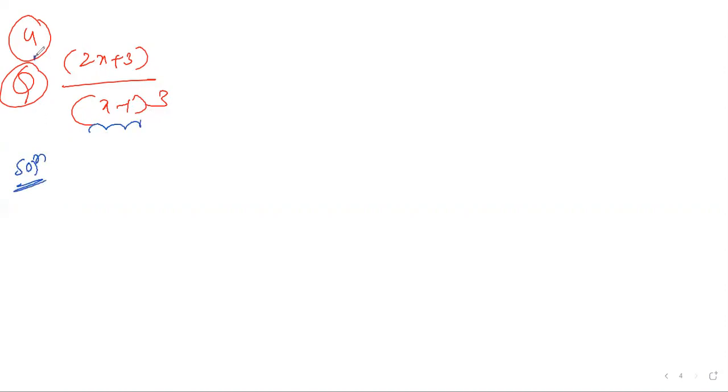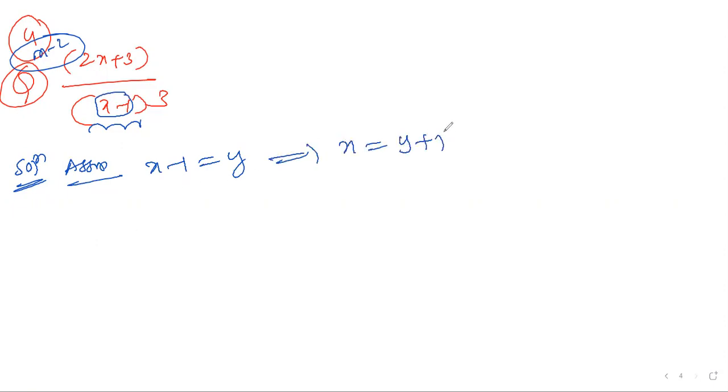Now I'm doing the fourth question by method 2. Simple: what you have to do is, the denominator is x minus 1, so assume x minus 1 is equal to y. Next, what can I write? x is equal to y plus 1. The total question in terms of x is converted into terms of y for convenience. Let us substitute the values here in terms of y.